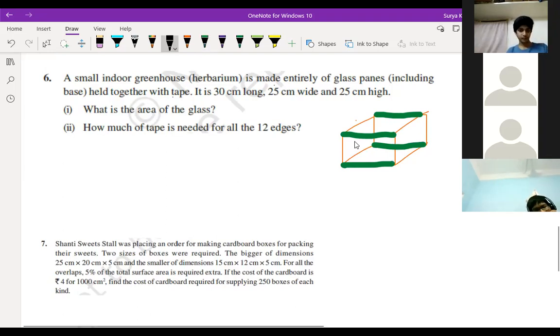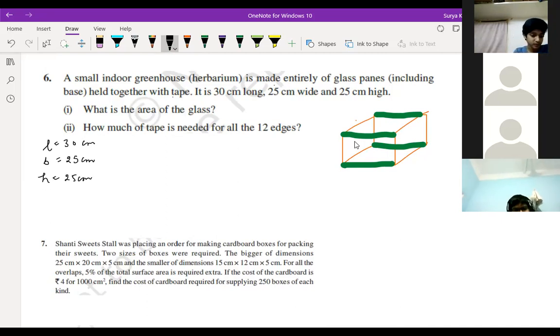So first I'll write here: length is 30 centimeter, breadth is 25 centimeter, and height is 25 centimeter. What is the area of glass? Area of glass you can find easily, children, right? For area of glass, do we have to find LSA or TSA, Sai Charan? TSA, sir. Because the glass is completely packed, we can find TSA of glass. So that is nothing but 2 into...